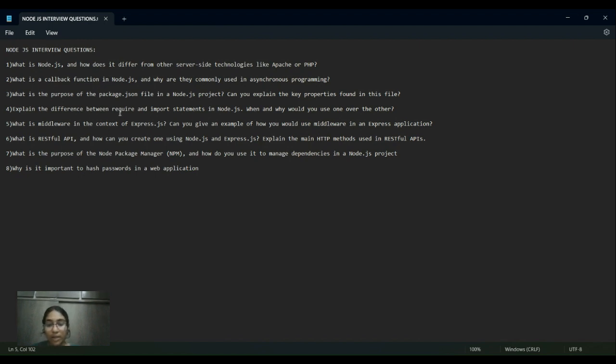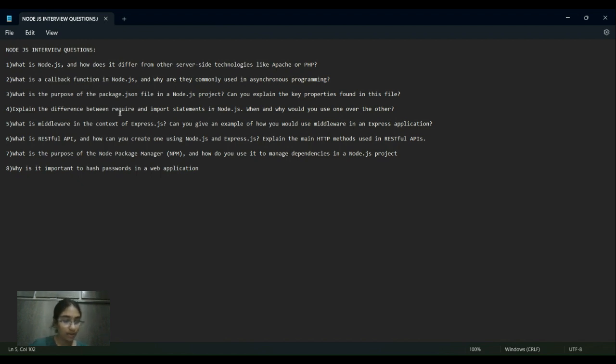These middleware functions are essentially functions that have access to the request and the response objects, as well as the next middleware function in the application's request-response cycle. They are mainly used to perform tasks like authentication, logging, input validation, error handling, and many more. We make use of app.use, logger middleware, and next.